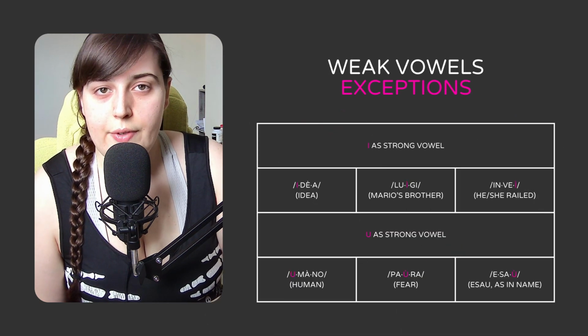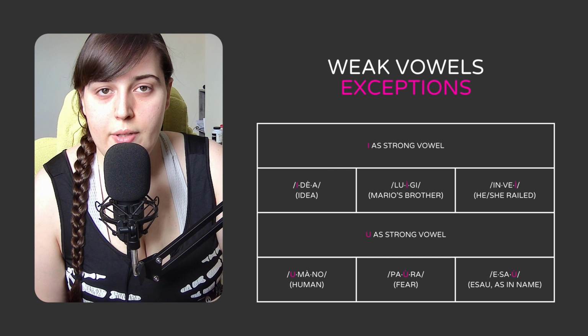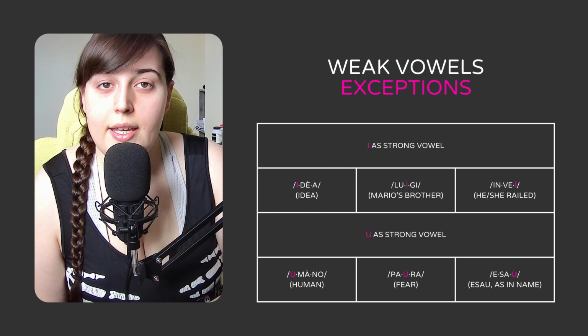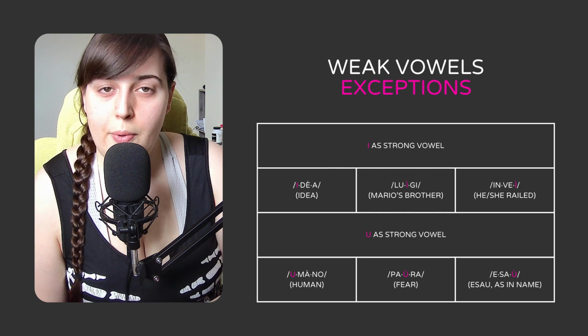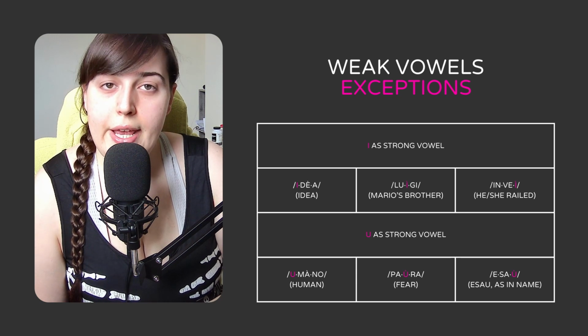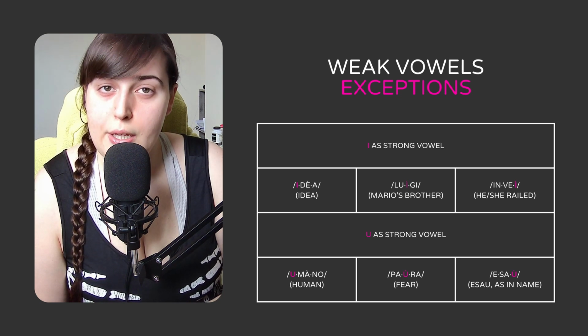We can have I as a standalone syllable at the beginning of a word, for example, idea, i-de-a. In the middle of it, for example, Luigi, Lu-i-gi, or at its end, for example, invei, in-ve-i. Then we can have U as a standalone syllable at the beginning of a word, for example, umano,